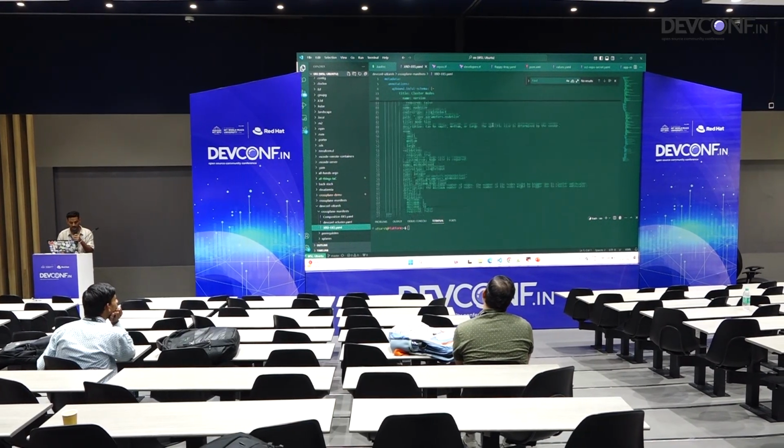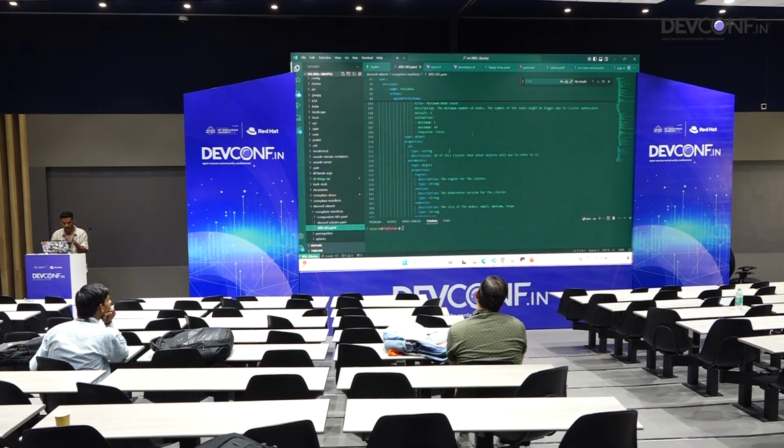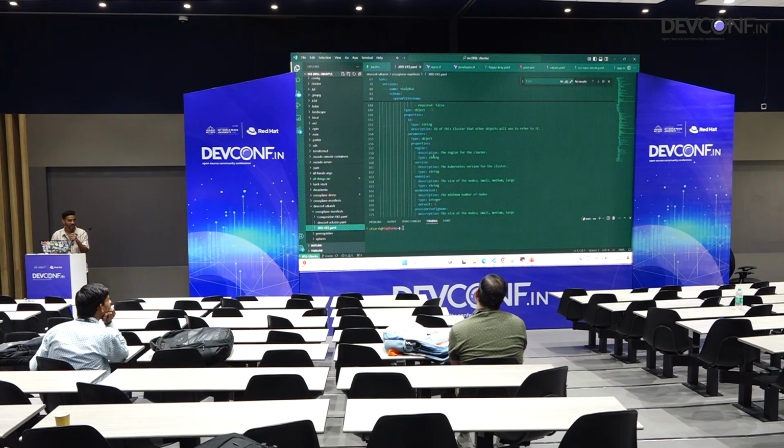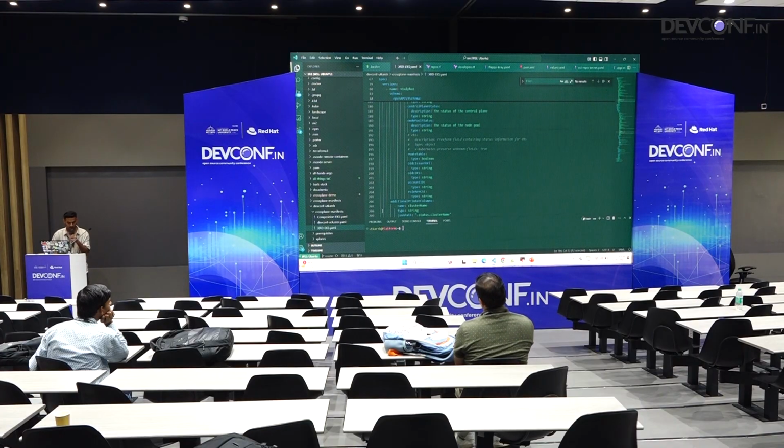So in this XRD, this is just some metadata. The main useful information is what will be required from my developer. As you can see, some mandatory fields are region, Kubernetes version, node size, and min node count. These are the things that you can define, and a file like this would work.